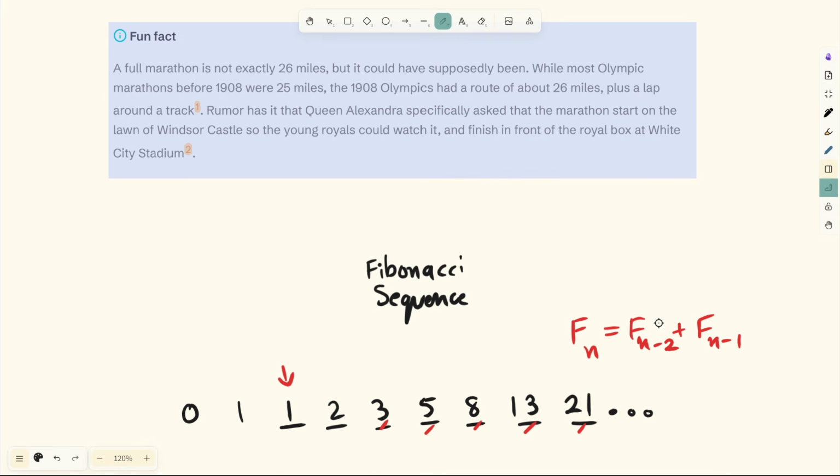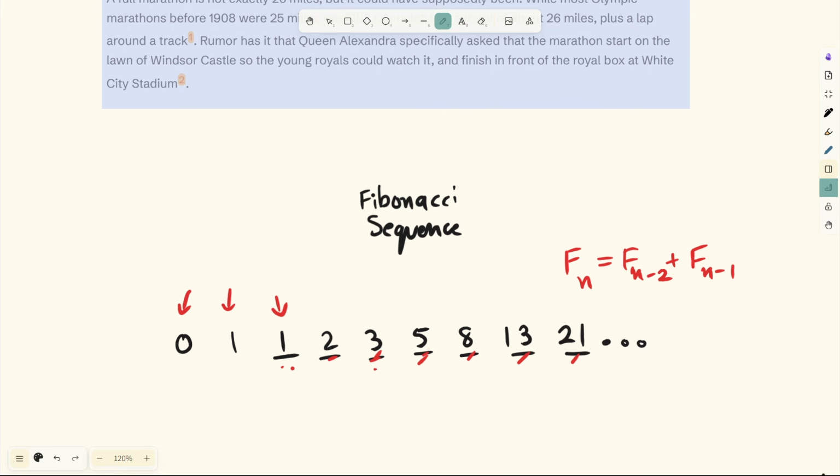So you add the last two terms, right? So 0 plus 1 gives you the next term. So it gives you 1. So 1 plus 1 is 2, 1 plus 2 is 3, 2 plus 3 is 5, and so on, right? So this is the recursive relation